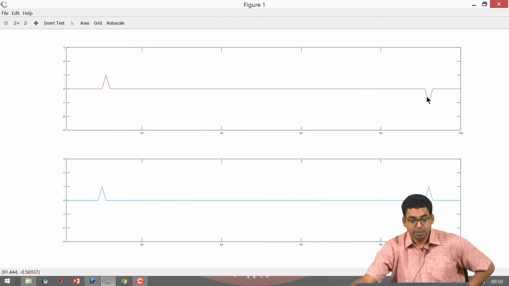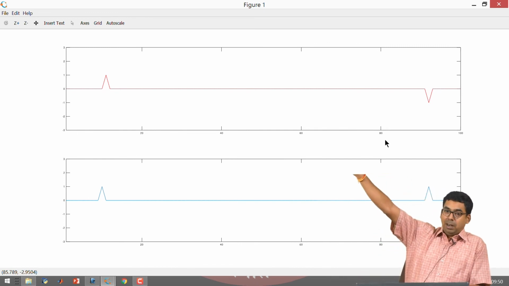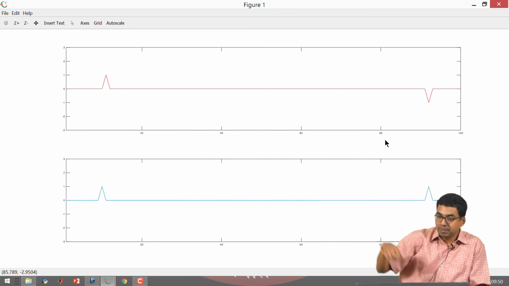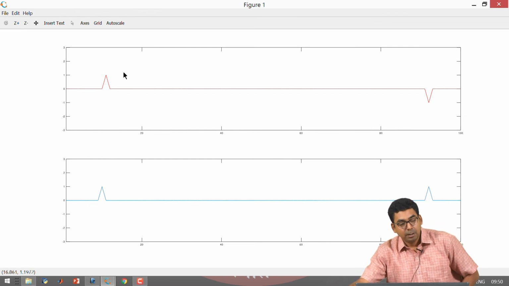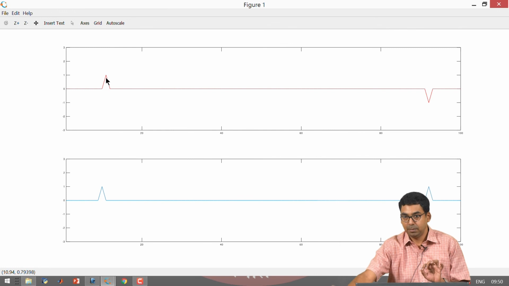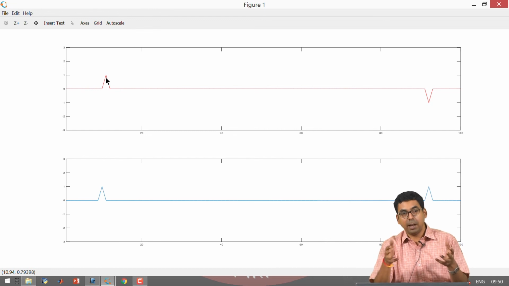Okay. Now, that is something phenomenal. The impulse on the right hand side bounced from the edge and flipped its sign. However, the voltage wave on the left hand side did not change its sign. It tells you that something is happening to the boundary. So, the boundaries can reflect, but they can also alter the sign of the reflection.